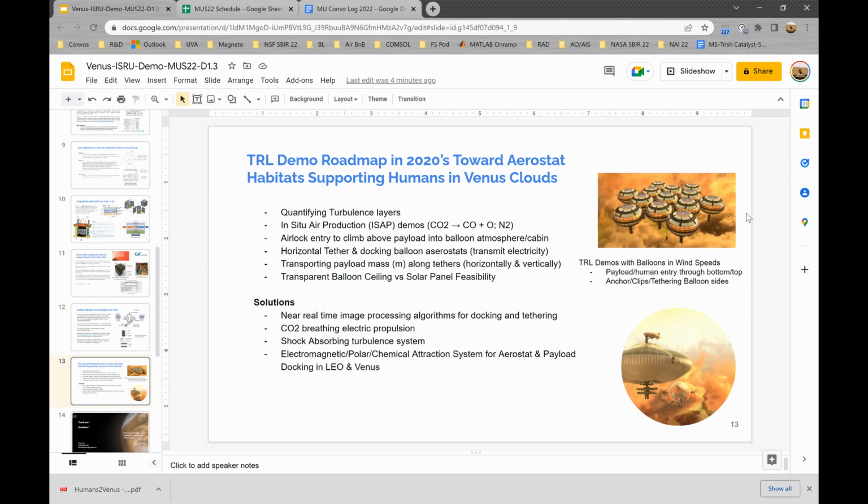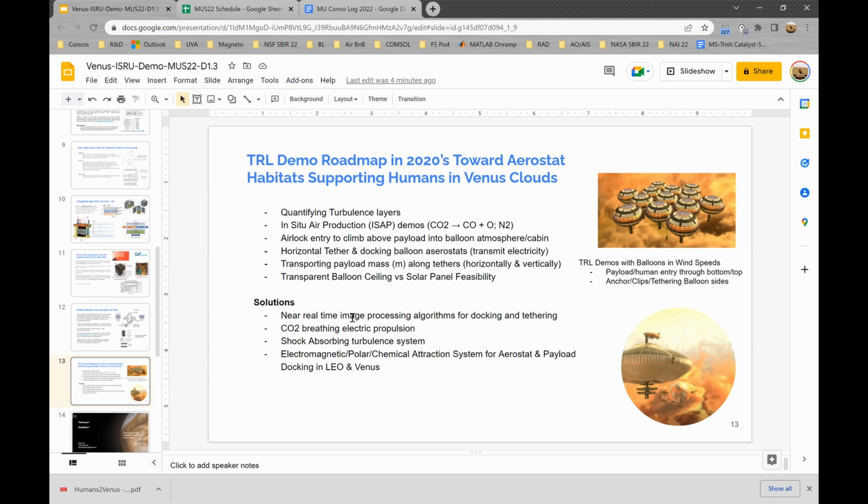enable what the beautiful artwork and sci-fi have outlined. And so we're starting to think more about how payloads and humans could enter into such a habitable, breathable atmosphere inside the balloon, and about what the subsystems architecture would look like with the tethering, and so we think that